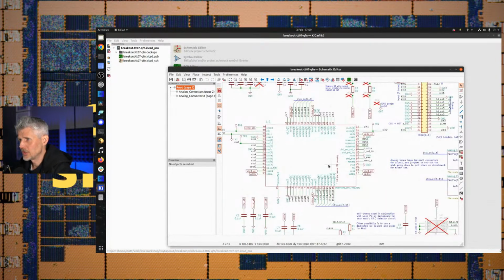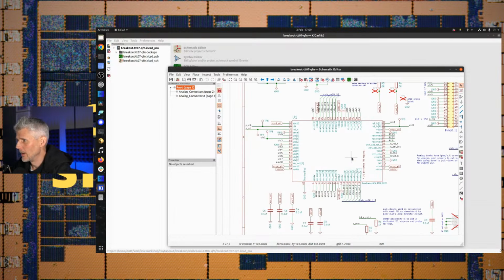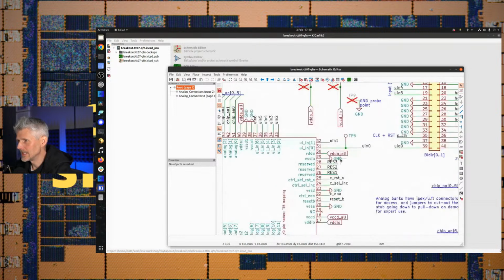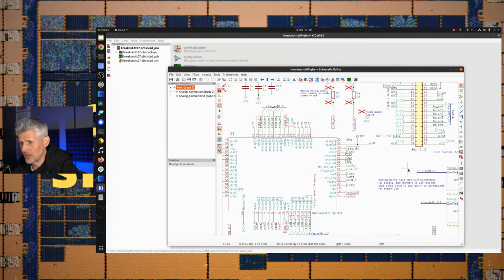So here's the chip, and down around we've got VDD-IO. That's the IO voltage, so that drives the IO cells on the pad frame. V-core is the 1.8 volts that drives all the logic, and then we have VDDA, and that's a separate power supply that we just use for analog designs. So the idea is, because we